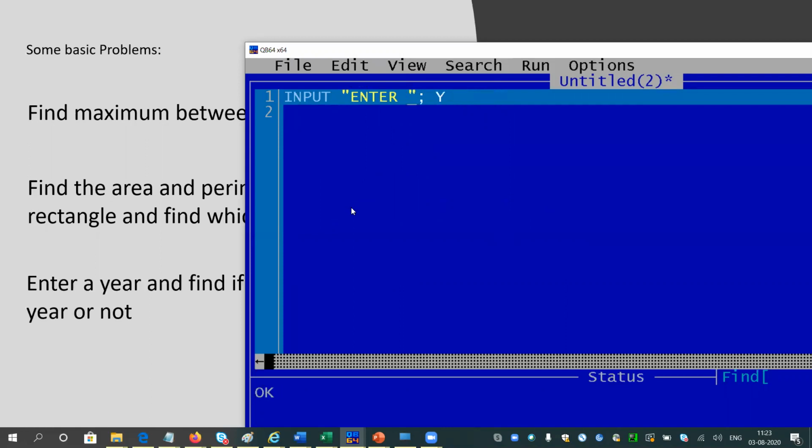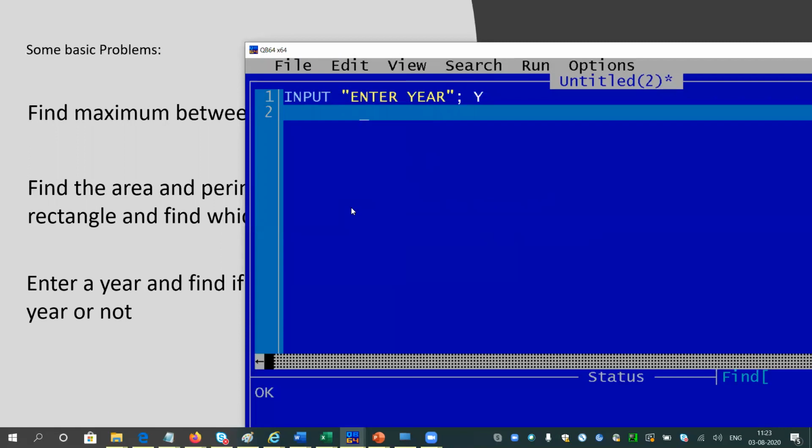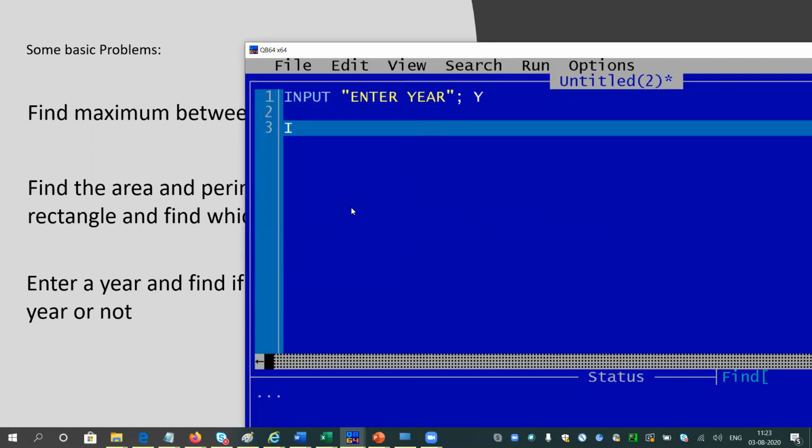Enter, I will ask the user to enter a year, and I will check if the year is a leap year. As a general rule, a year becomes a leap year when it is divisible by 4. I know there is more logic behind it, but for simplicity, you can find those difficult problems in my exercise. I will show how to find the exercise at the end of the video. But for the time being, I am considering that if a year is divisible by 4, then it is a leap year. If it is not, then it is not a leap year.